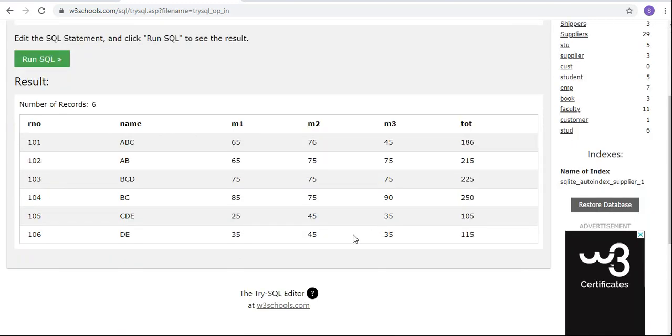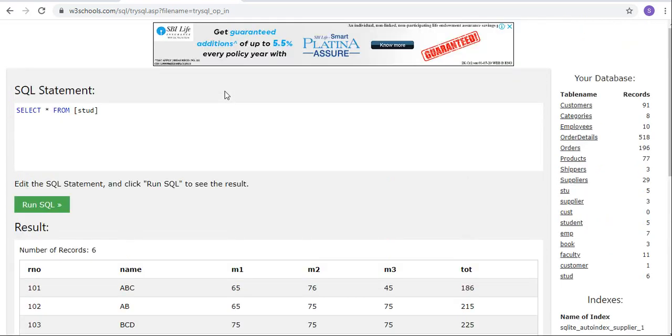Now I want to delete 105 CDE. Then tell me the query. Delete from table name where RNO equal to 105.